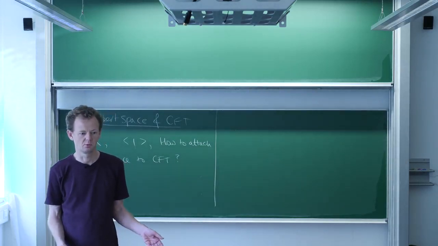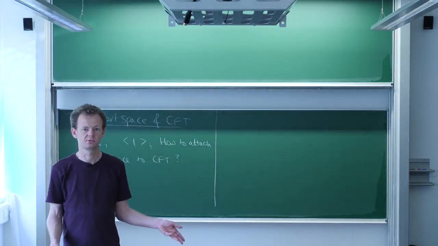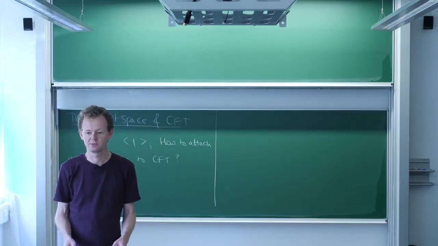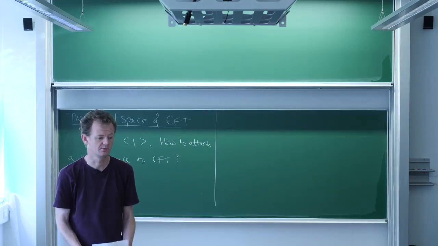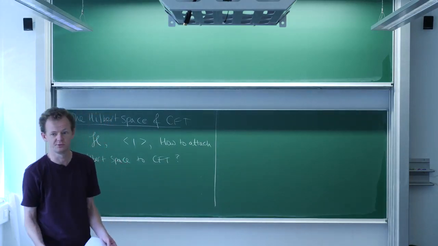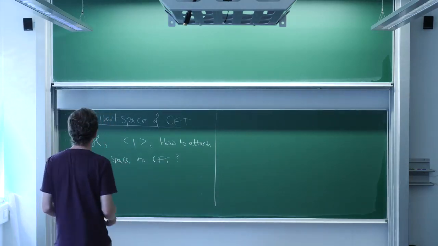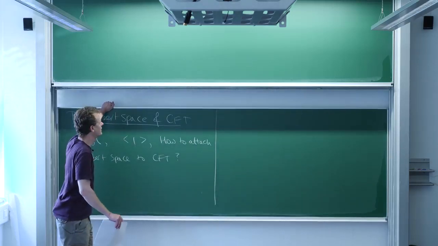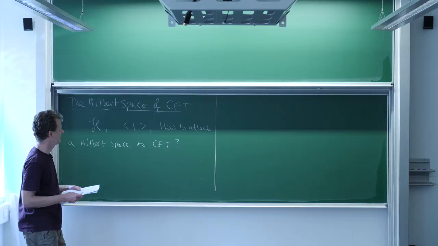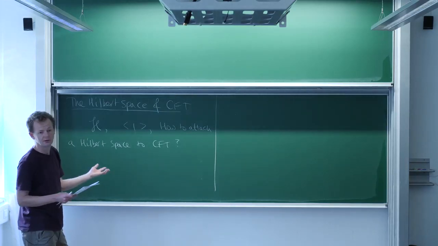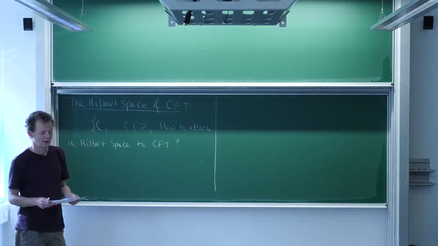What are the states? What should they correspond to? What are the observables? What should they correspond to? How do the symmetries, in particular the conformal group symmetries, act on this Hilbert space, presumably as some kind of unitary? So that's the goal for today, to build a Hilbert space that we can attach to a conformal field theory,